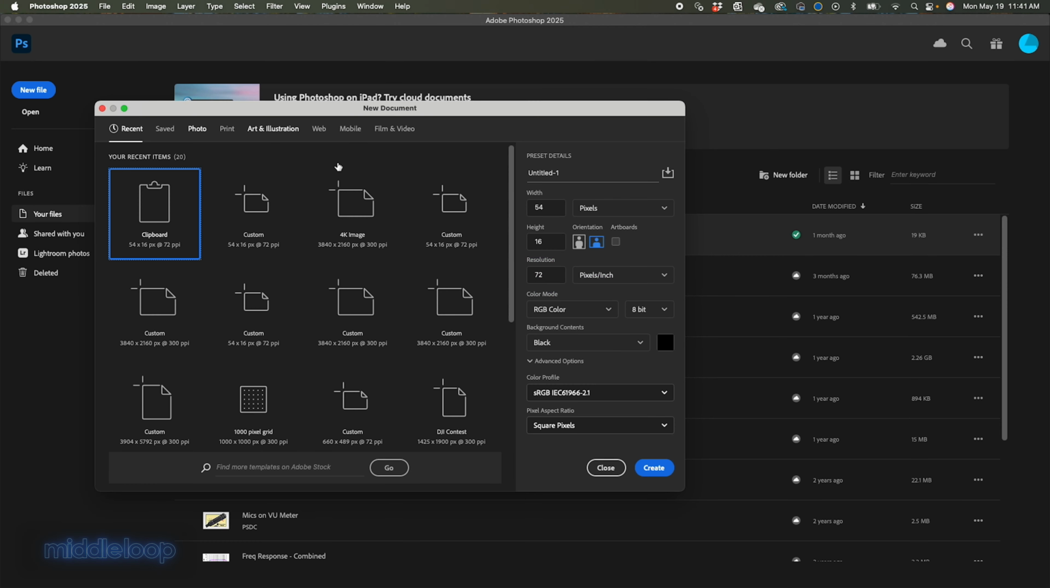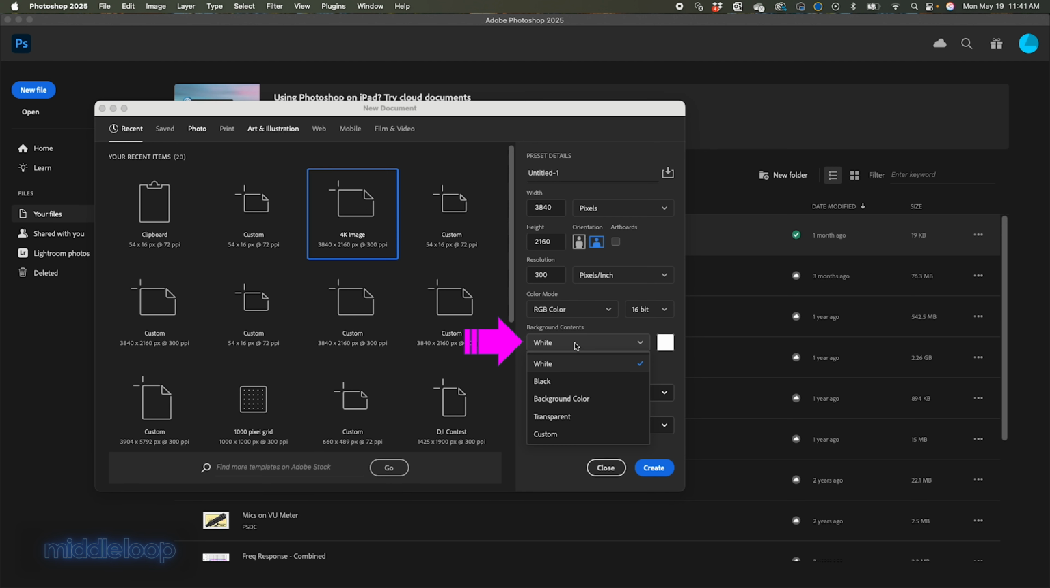When creating a new Photoshop file, you can pre-select the color of the background layer here. If you're using presets, the color will default to whatever color you used last time for that preset. To select a different color, you can use the drop-down box to select white, black, whatever is currently set in